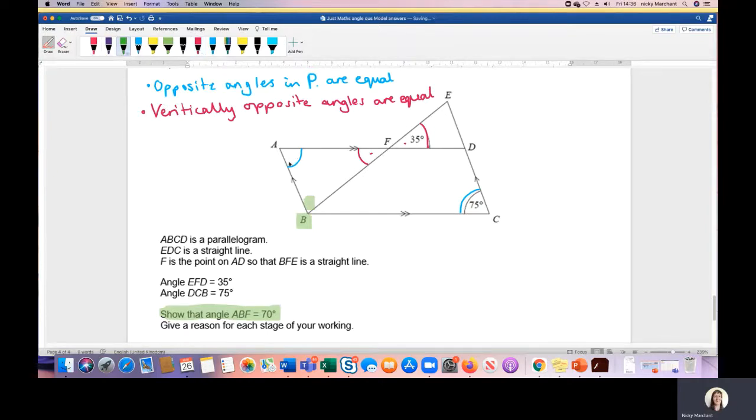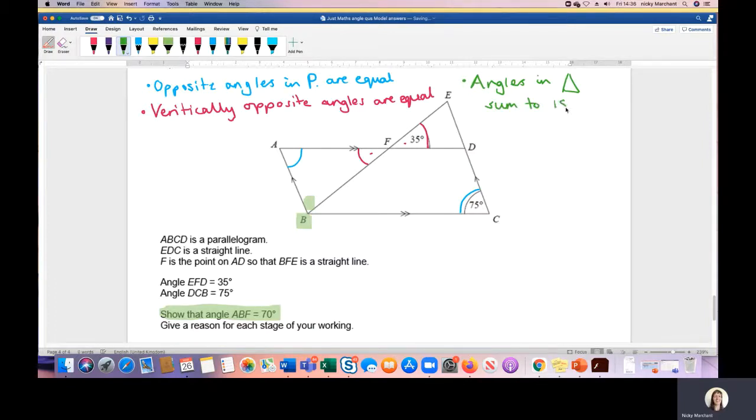And that is, in the end, we've got the angle ABF. This creates a triangle here. So we're going to use our triangle rule, angles in a triangle. Now you won't use the word, just trying to save space here, angles in a triangle sum to, or add up to